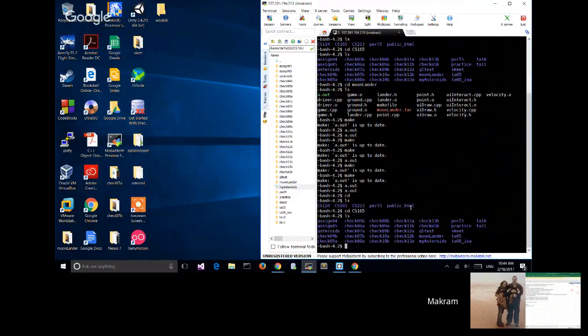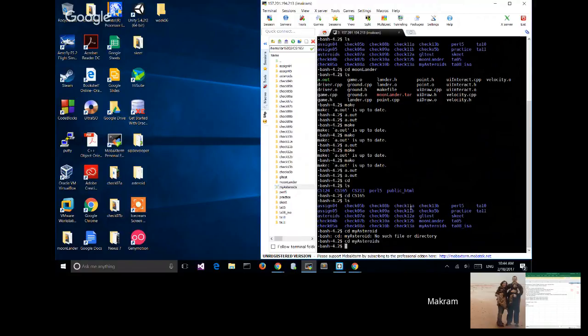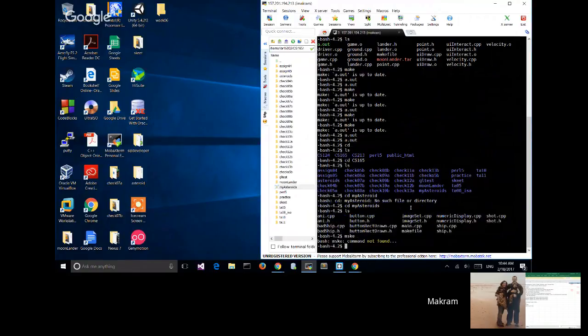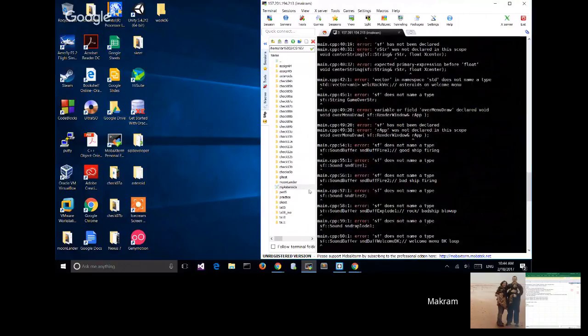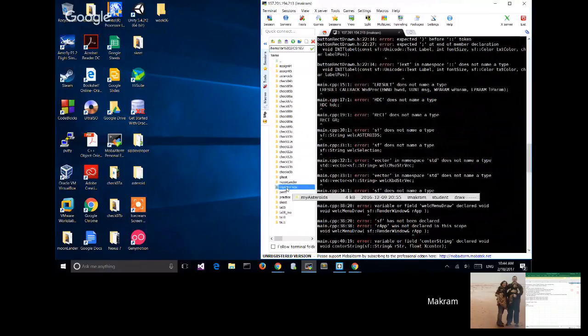So what were the other two? This is my asteroid. Oops. All right. There are a few errors. This is what I was struggling with. That's weird, it should run.